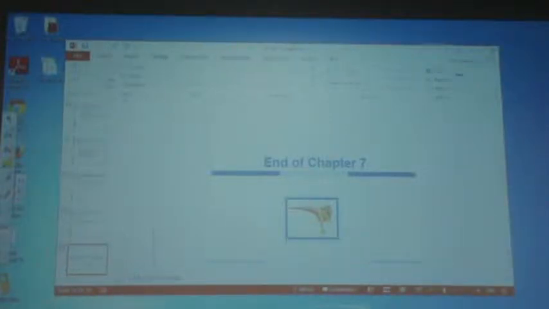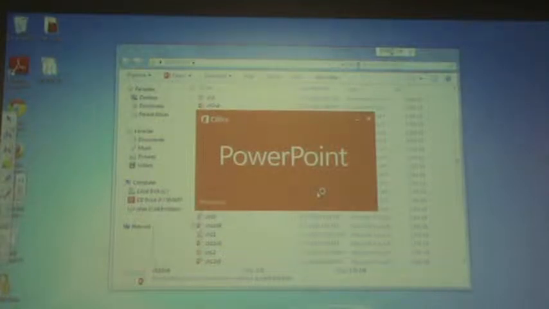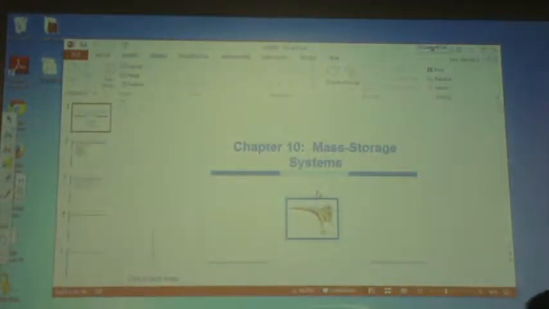So we will skip. Right now, I'm going to change the order of the chapters that we are going to cover. So, skip 8, 9. Those are for memory management. So we will discuss memory management after we complete the file system, file management. Okay, because we have the second project, as you have seen in freelancer.com,